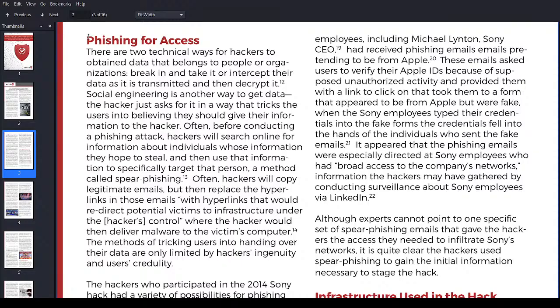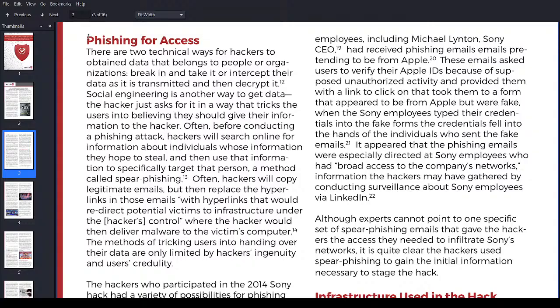There are two technical ways for hackers to obtain data that belongs to people or organizations: break in and take it, or intercept their data as it is transmitted and then decrypt it. Social engineering is another way to get data. The hacker just asks for it in a way that tricks the user into believing they should give their information to the hacker, often before conducting a phishing attack.